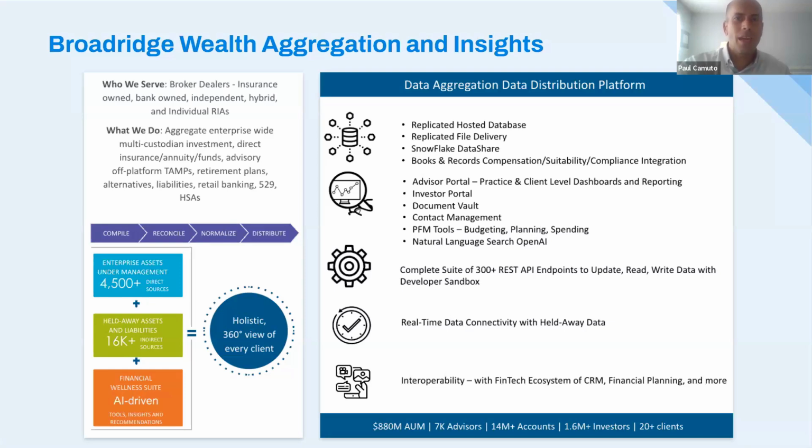I'll say that we span a significant segment within not only the wealth space, but within asset management, capital markets as well. From a notoriety perspective, Broadridge is primarily showcased within the print and mail and trade processing and client correspondence space. We have a significant division within wealth, around 500 million in revenue annually, and our positioning is on